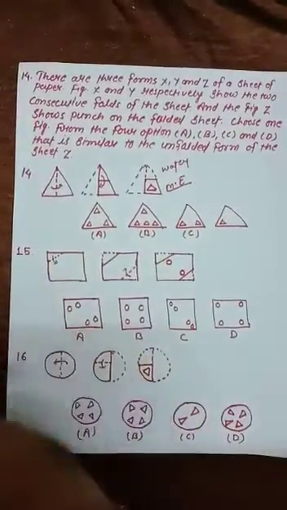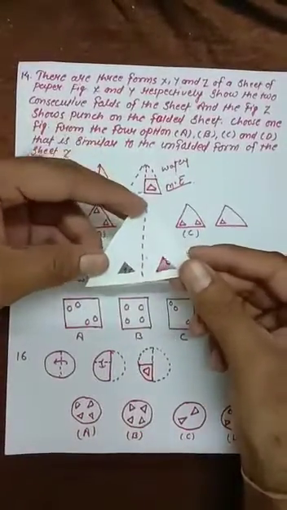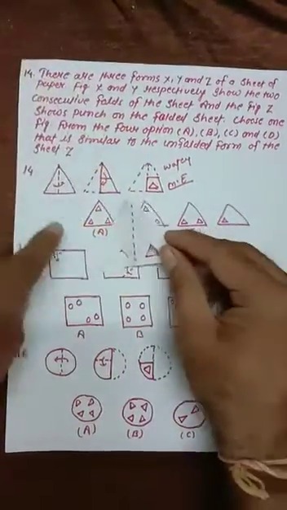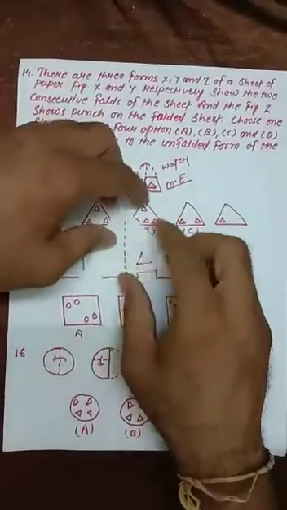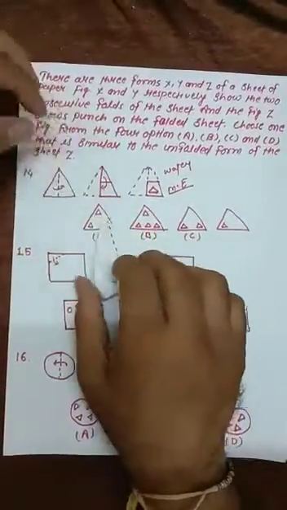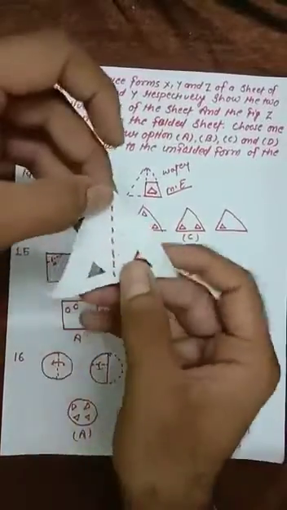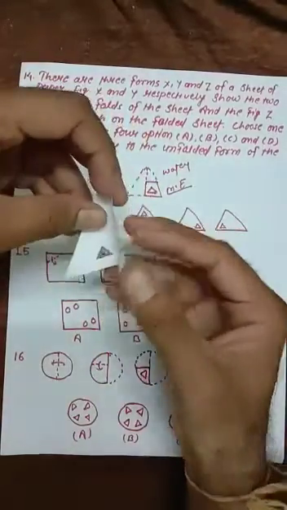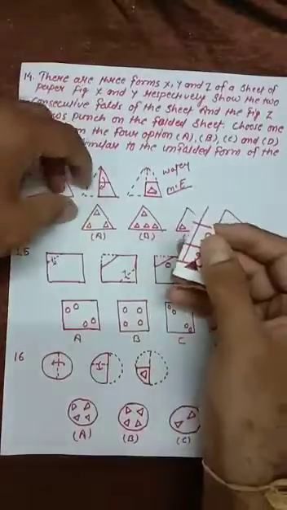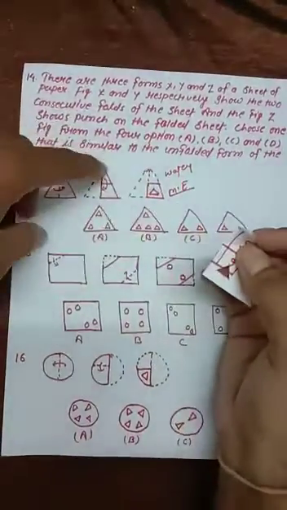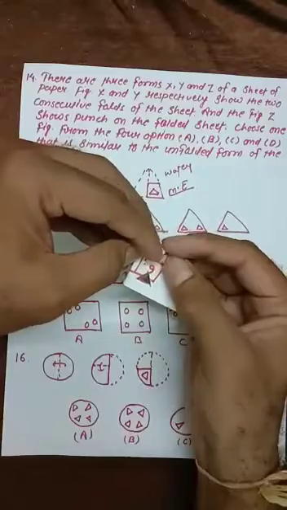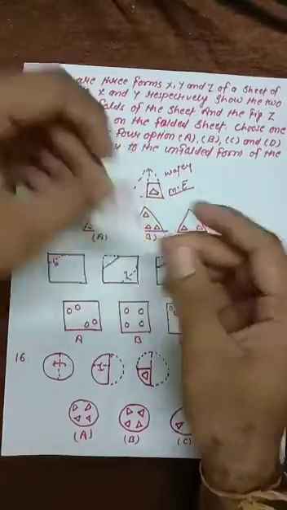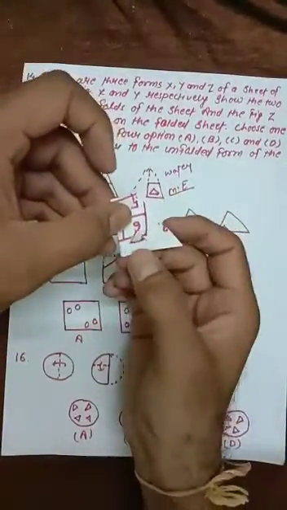So let's take an example. See, I have taken the triangle which is already shown in the question. According to that, it says first fold the triangle from the middle. This was the first part. I have folded this part from the middle. Now from the top also, in the second part, I have folded, and then there is a triangle in the middle part of the triangle.